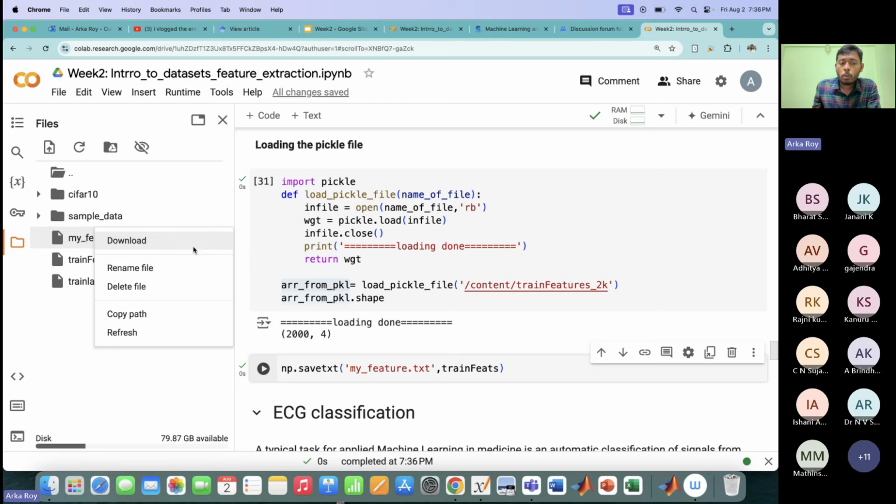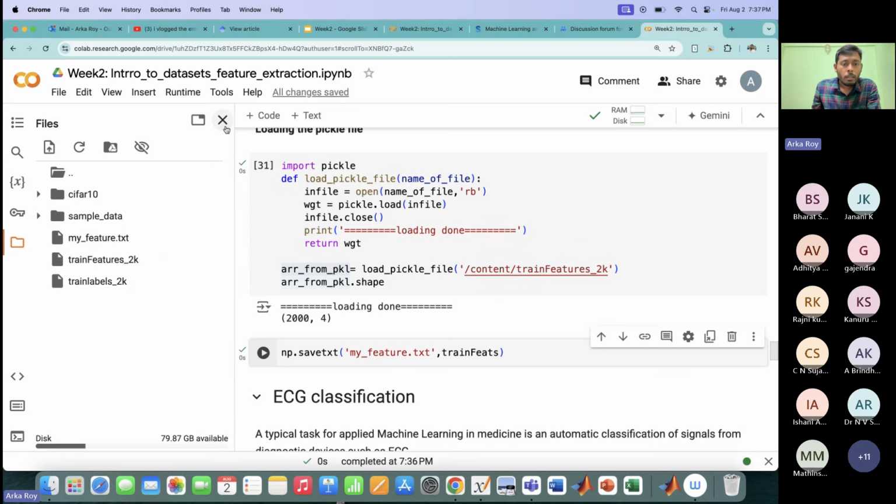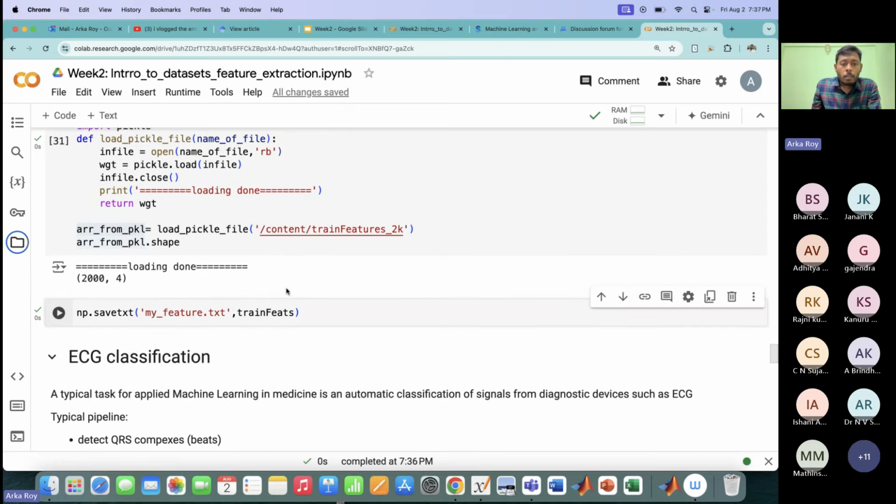And you can also download this particular file so that it can be stored on your local disk or on the PC as well. Fine. So this is what the dataset loading, feature extraction, and feature saving basically looks like. So next,